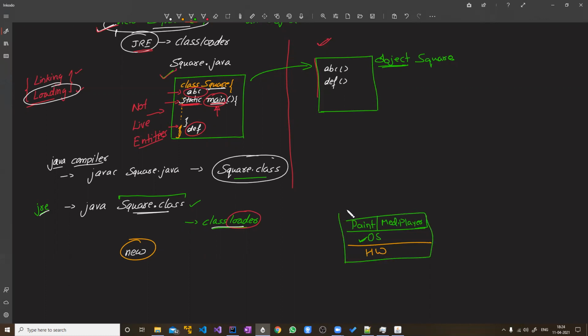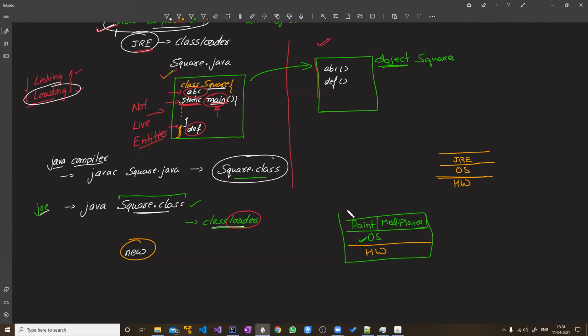But what happens in Java is that instead of having hardware and operating system, and on top of that directly the application, you have hardware first. Once hardware is configured, then you install the OS, and on top of the OS you install something called JRE, that is Java Runtime Environment.